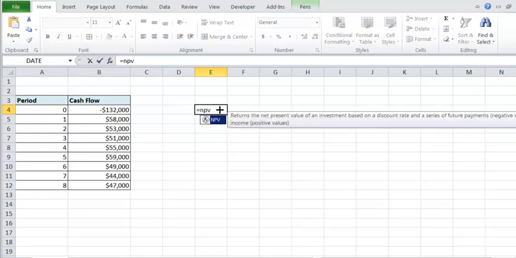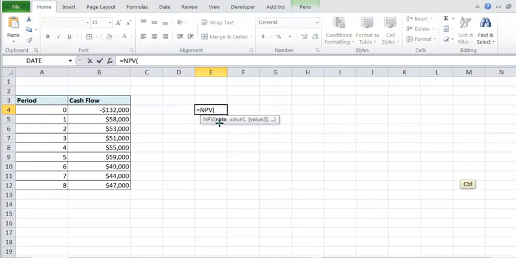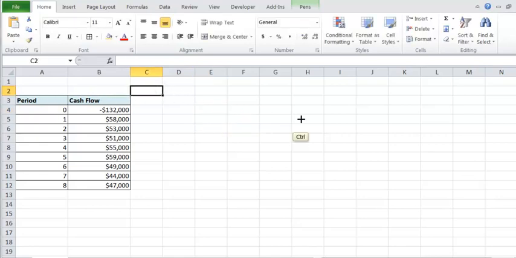If I see this NPV, here you have to specify the rate, and here you have value 1, value 2, etc. Please note that value 1 is compulsory, and value 2 etc. are optional because they are in square brackets. So at least you need to provide one cash flow for which you want to compute the NPV. Assuming we have this project, note that this is a traditional project, you have a negative cash flow and then all these cash flows are positive.